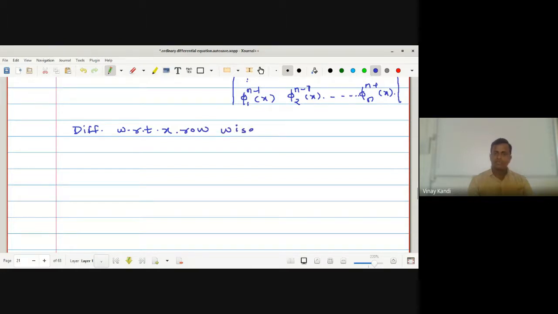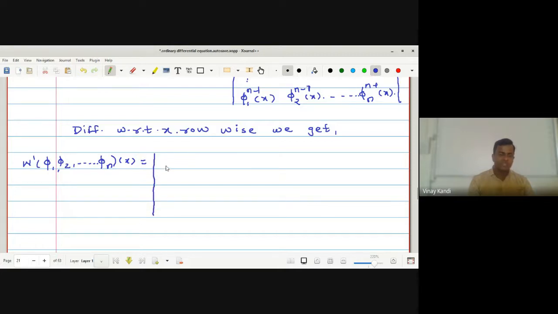Row wise, what do we get? Look here. The derivative W dash of phi 1, phi 2 up to phi n of x, which is equal to,